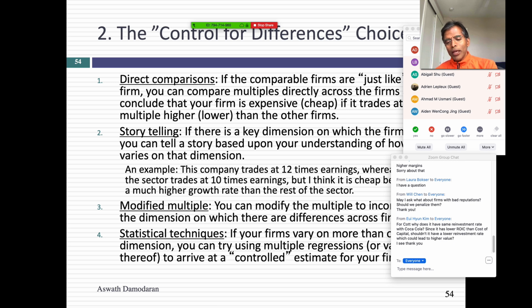If you think the best measure for capturing potential value is the number of riders they have, because that's the platform they're building on, enterprise value to rider is what you might use. But you're bringing the riders into your equation by dividing the enterprise value by the number of riders. That's what I mean by a modified multiple. Or you can say, look, I'm going to look at EV to sales, but I'm going to control for how many cities they're in, how many riders you have. And that's where statistical techniques can help.